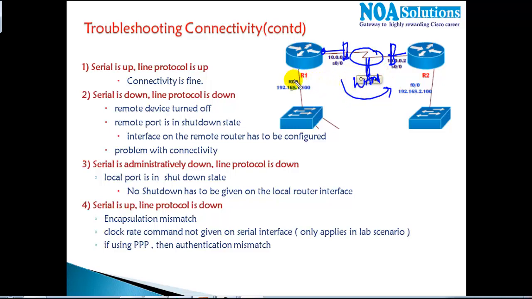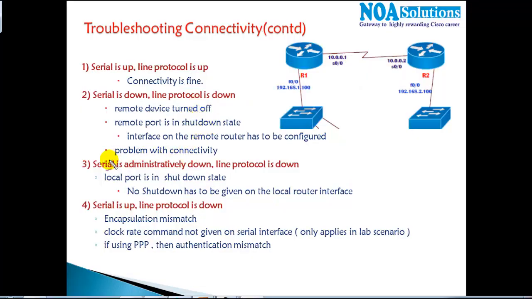And if you realize that there is a problem in the LAN, then it's your job to check the cable connected from the router to the switch, and whether the switch is powered off or not. If it is not powered off, check whether the port is in shutdown state or not, or maybe you connected the wrong cable, or maybe it's a cable problem. Everything you need to figure out on your own. But at the end, if you have connectivity issues, port issues, or device issues, you will see the status message as down and down.